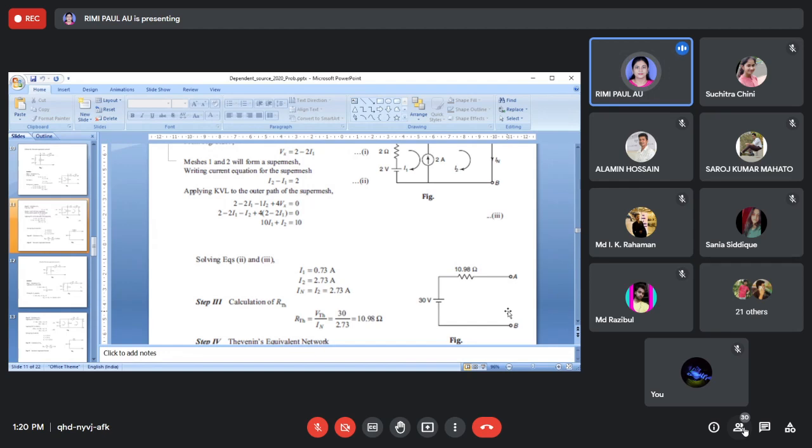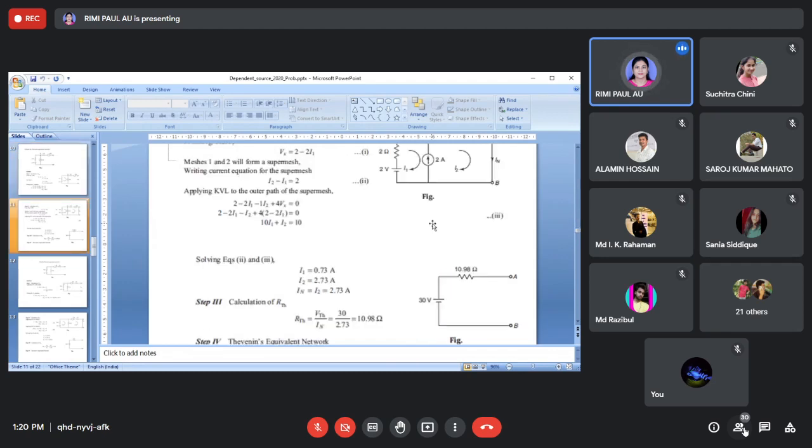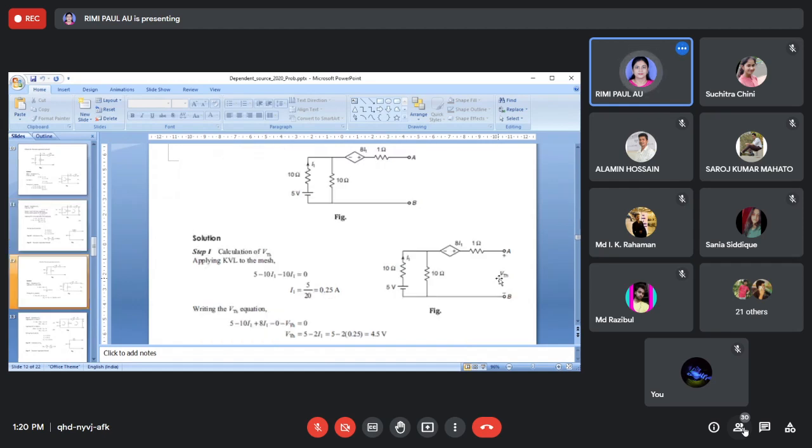If you want to learn, you can go through the circuit theory book, A Chakraborty's book. There are two methods written there, and in most books you will get this method, and this is the easiest because you have to apply both Thevenin's as well as Norton's, just find RTH, and then whatever is required, either Thevenin's or Norton's, you can just connect in the Thevenin's equivalent or Norton's equivalent. You will just put in the value and you will get the answer. So the second problem, you have to solve this one.